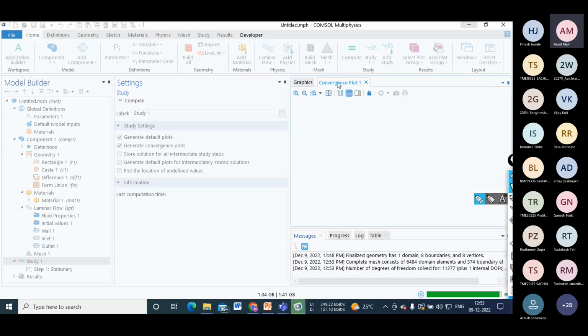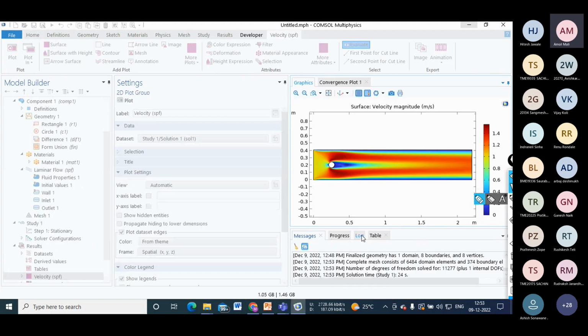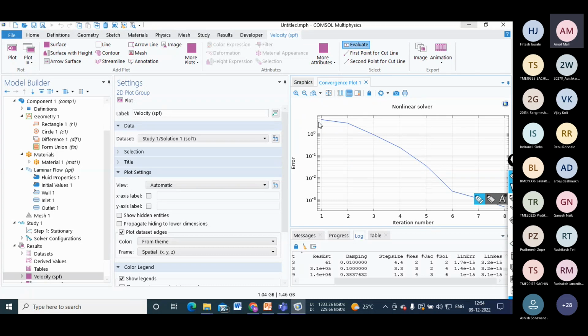Here you can see the convergence plot. So what it will do, you must have seen here. I was always saying that this software depends on numerical methods. So what it will do is reduce the error. For example, at this portion the maximum error is there, and while solving this problem it will try to reduce